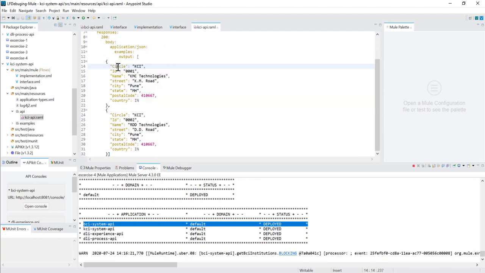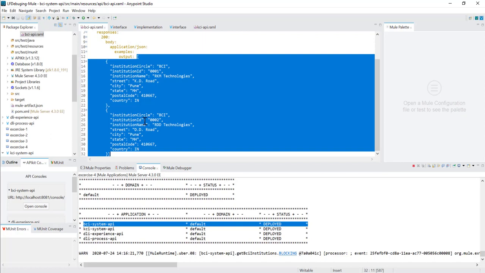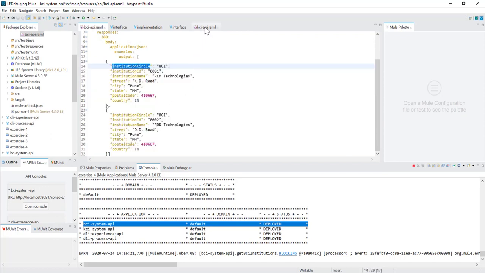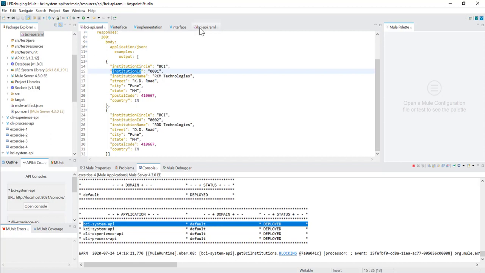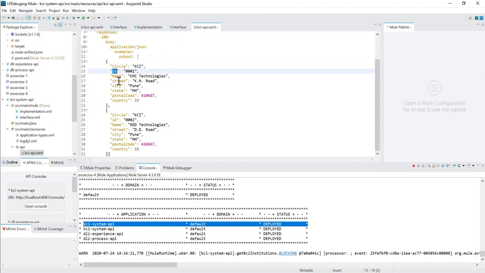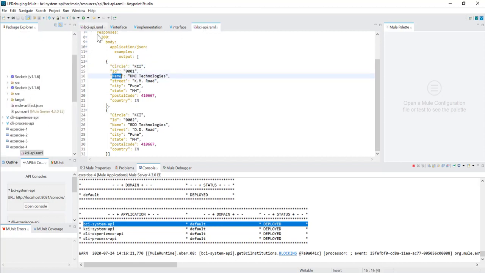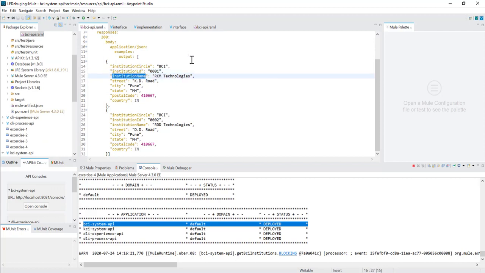As you can see, though this example looks similar to the BCI one, if you compare, here it is institution circle and here it is only circle. Similarly, this is institution ID and this is only ID, and here it is name and here it is institution name.